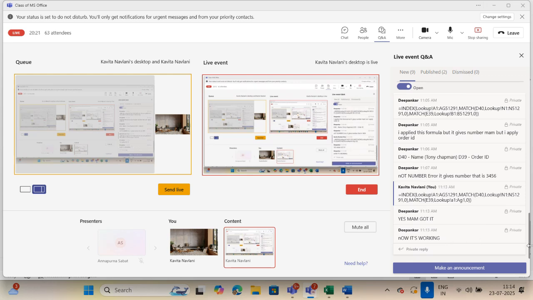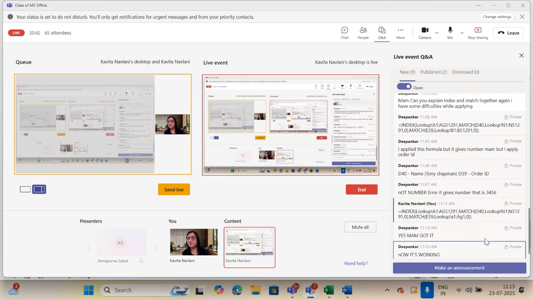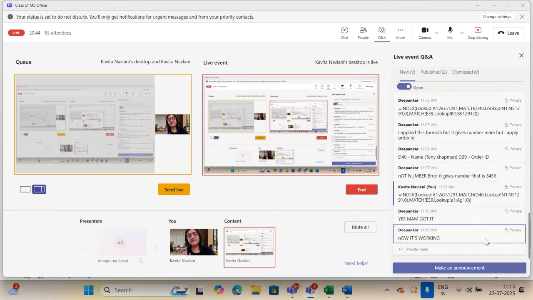Dipankar, now it is working, na? Very good, very good. Appreciated, appreciated. Thank you so much. Thank you. Anybody have some problem? Anybody? Now? Okay. So Dipankar, appreciated your effort. Very good, you are working. It is clear, na? Now? You got the things? What was the mistake you understood?